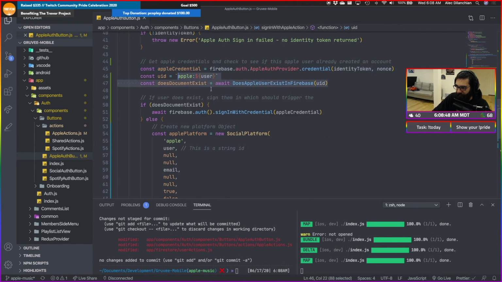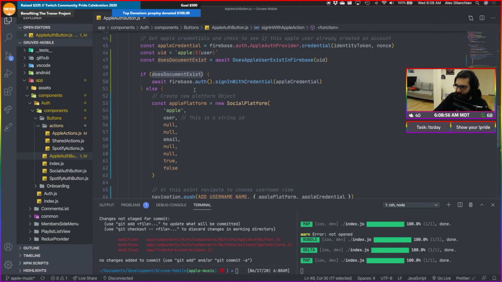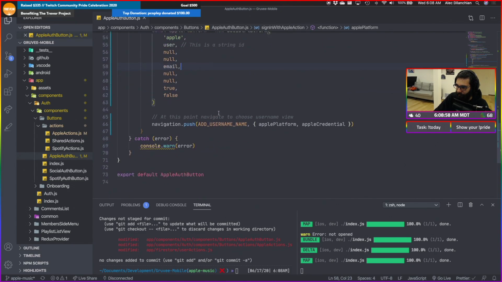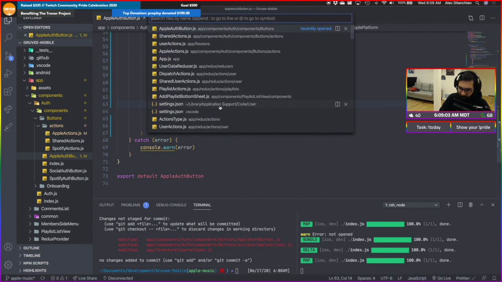Okay. And then my keyboard keeps disconnecting. Okay, cool, looks good. And then the Apple action,